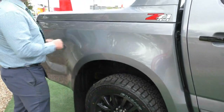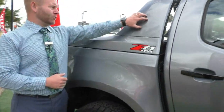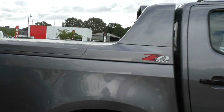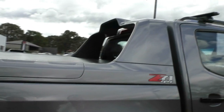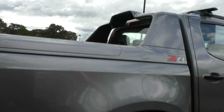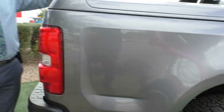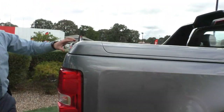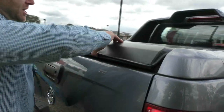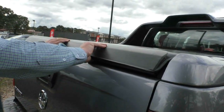Z71 stickers all in good condition, and a really neat rear spoiler set up on the back of the cabin there. You'll note that it's got the checkout at the top for the high mount stoplight at the back windscreen there as well. It does have the factory soft tonneau cover. You will note these do lock into place and they're super easy to use, so literally just undo these